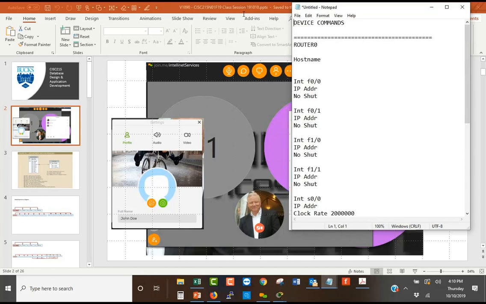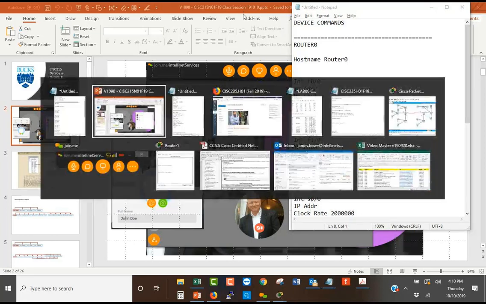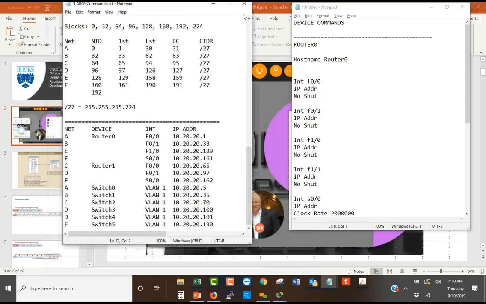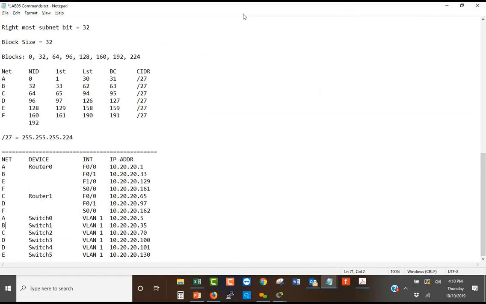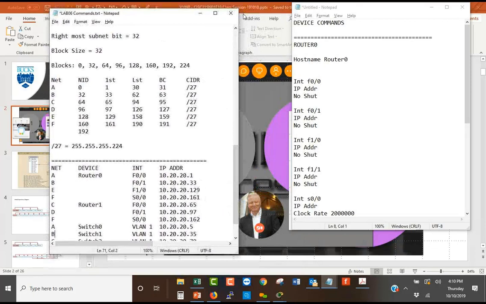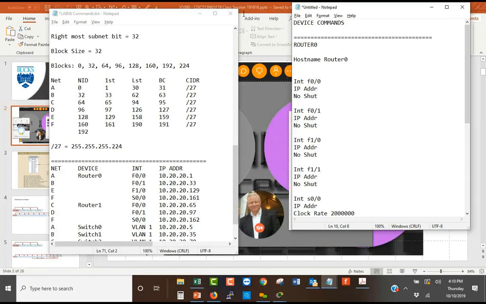Now we're going to go in. I've got all these commands. Now I'm just going to fill in the blanks. Router 0 is my host name. If you recall, let's pull up that other piece here. Okay. So on router 0, we're going to have